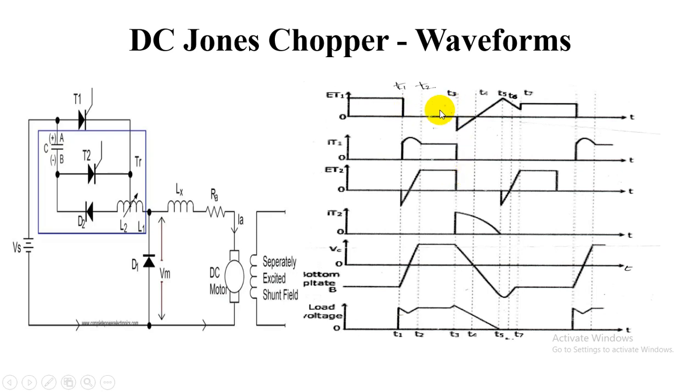Whenever T1 is off, T2 is going to be on, thereby there is no voltage across T2 because it's going to be short circuited, having 0 voltage or minimum voltage, and it allows the current to flow. That is what we call the current flowing through the capacitor and inductor, the discharging current. And when we see the voltage across the capacitor, the capacitor is going to be discharged in the reverse direction, reaching 0, and it's going to be charged in the reverse manner, having the polarities plus minus according to the operation,